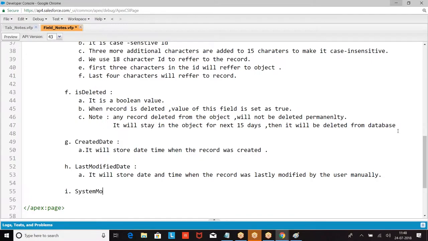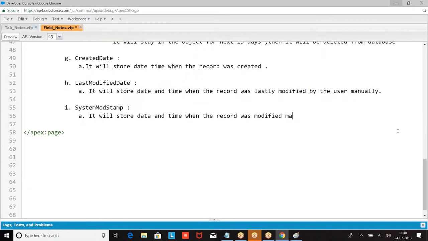SystemModstamp. It will store the date and time when the record was last modified manually or programmatically, either by user or program.